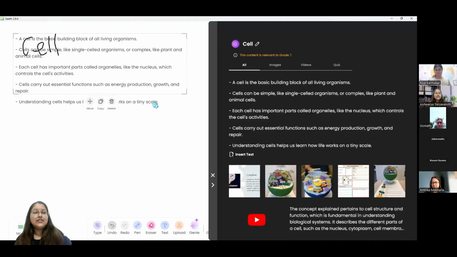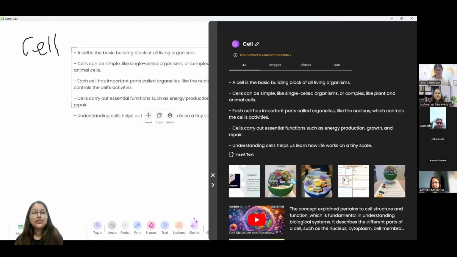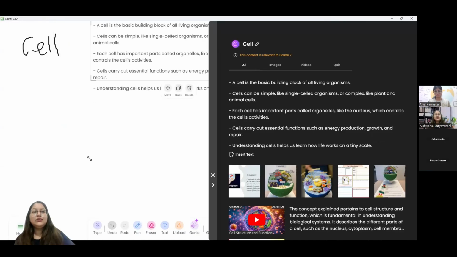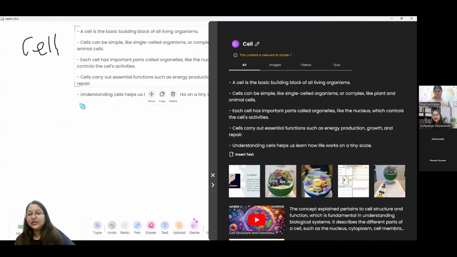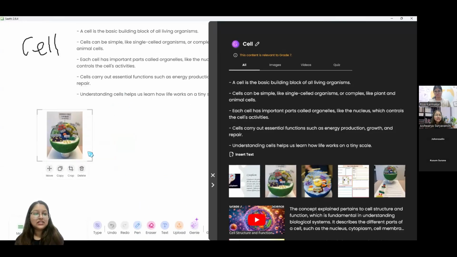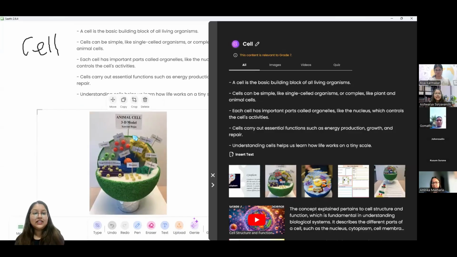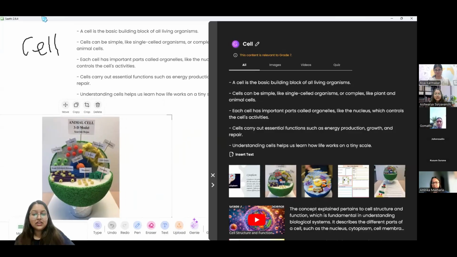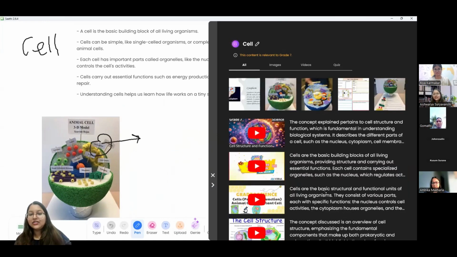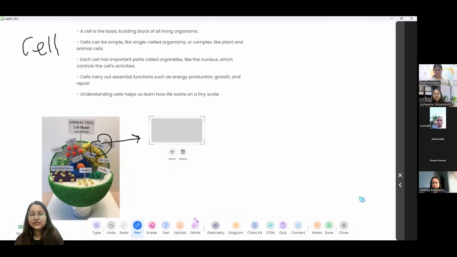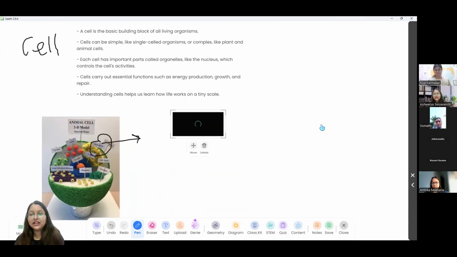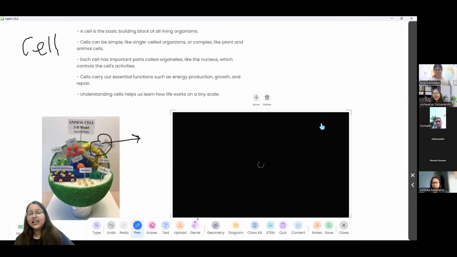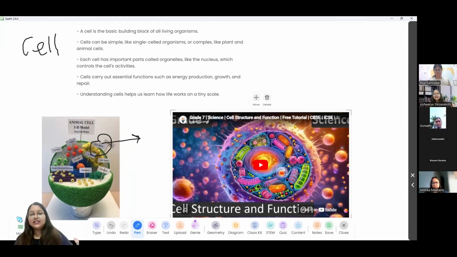What we have done is we have changed the interface a little bit. Now you can use this toggle and move the text around. You can also drag and drop the images on the screen. You can also annotate now on your images. So if I want to explain a particular feature, I can annotate on the screen. And I can also drag and drop YouTube videos. This is one addition that has made the entire whiteboard a little bit easier to access.